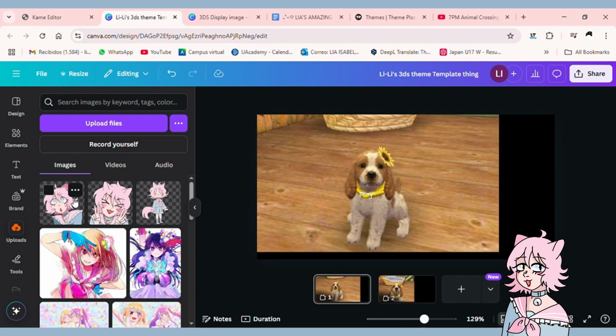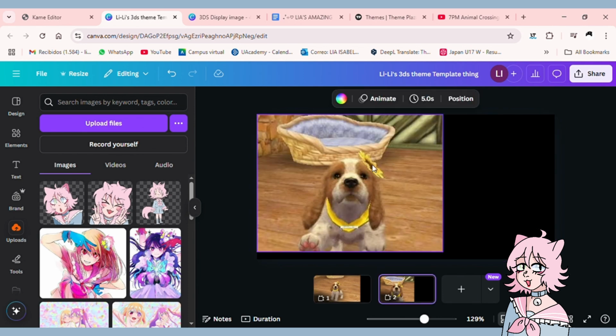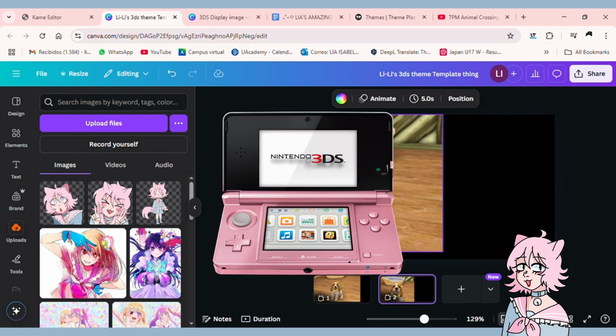This will be our Canva template. As you can see, I've already selected an image for the part that will be showing on your 3DS, and the rest can be left as black. The first image is the top screen, and the second image is the bottom screen. If you haven't looked at your 3DS recently, you might have forgotten, but the bottom screen is way smaller than